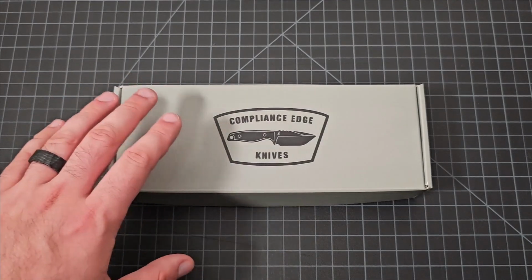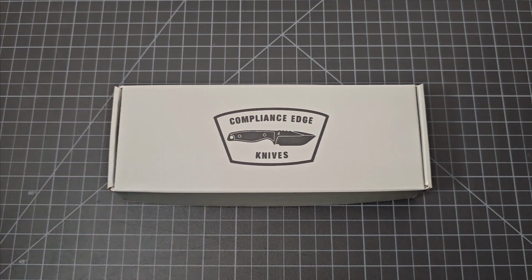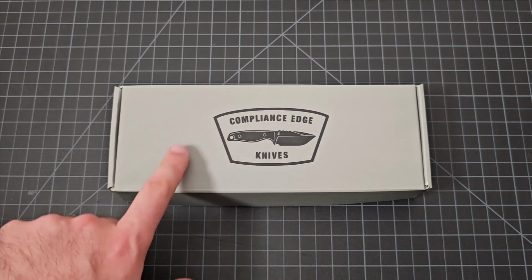Today we're taking a look at the brand new re-release Compliance Edge SVM. If you remember a while back, we looked at the Compliance Edge Henchman and I absolutely loved that knife. It is just perfect in every way, but I sold it to pick up this knife because the SVM answers